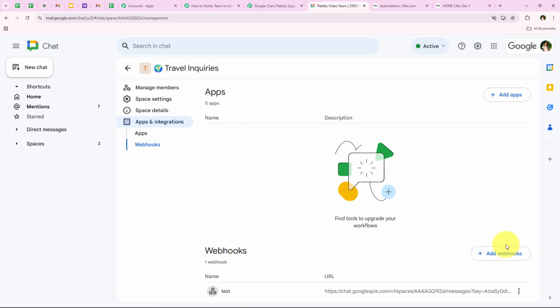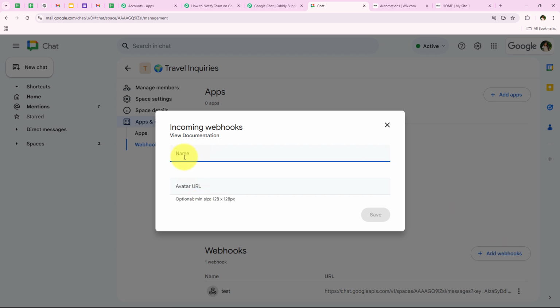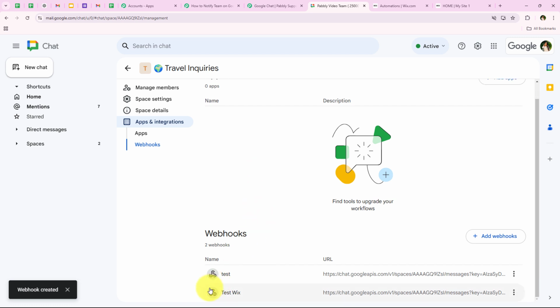For that, I'm going to click on add webhooks right over here, and now it is asking me for the webhook name. So let's suppose that I'm going to keep the webhook name as test Wix right over here too, and after entering the webhook name, it is saying avatar URL. So if you wish, you can definitely add avatar URL right over here, but I don't wish to add, so directly I'm going to click on save,